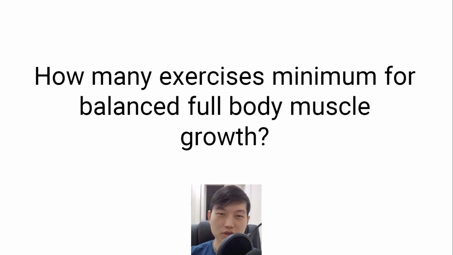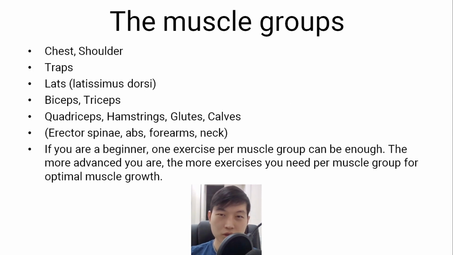In today's episode is about how many exercises minimum for balanced full body muscle growth. How many exercises do you need to hit every muscle in your body optimally in an optimized program? Let's hop into it. So the muscle groups you need to target if you want to train your whole body: